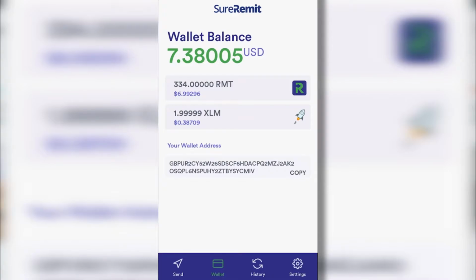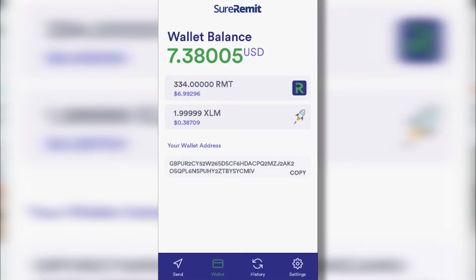Or at least, be able to purchase RMT in the app by linking your credit card or your debit card or something like that, because this step is going to put so many people off, and nobody's going to understand it. We understand, people that are watching this video and me understand it, because we know what blockchain is. We've been following the SureRemit project, but for the general public, they're not going to know what it is, and it needs to be as user friendly as possible if they really want people to use this